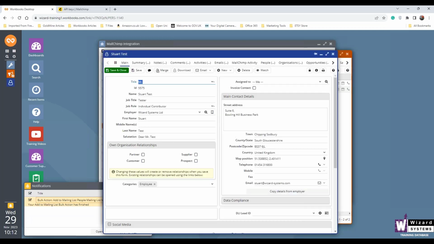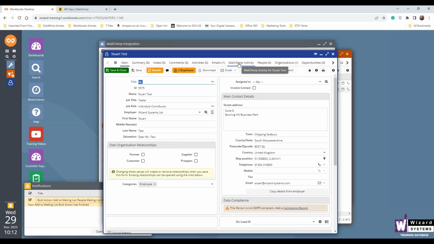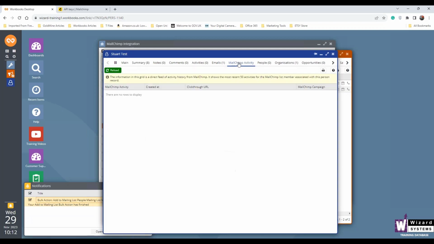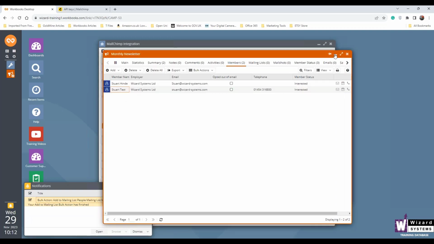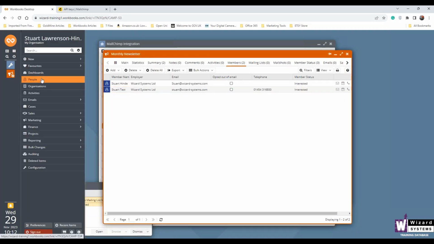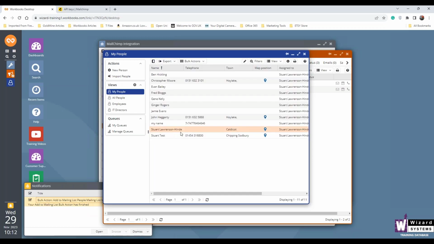And each person, when you have the integration running, has a Mailchimp activity tab. If we click that, it would show further information on this screen. And it shows the 50 most recent lines of information. In fact, if I can make this easier and go to another person, me,